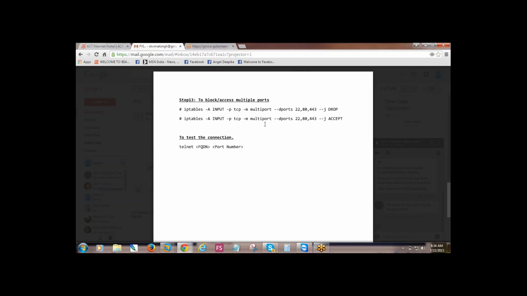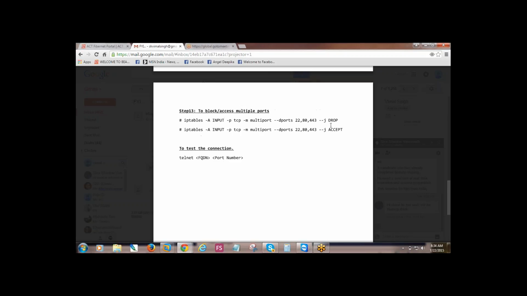So -m is the mode, and the mode is multiport. Alright, and --dports, these many services you want to block or accept. Okay, any problem in this? Very easy. Okay,